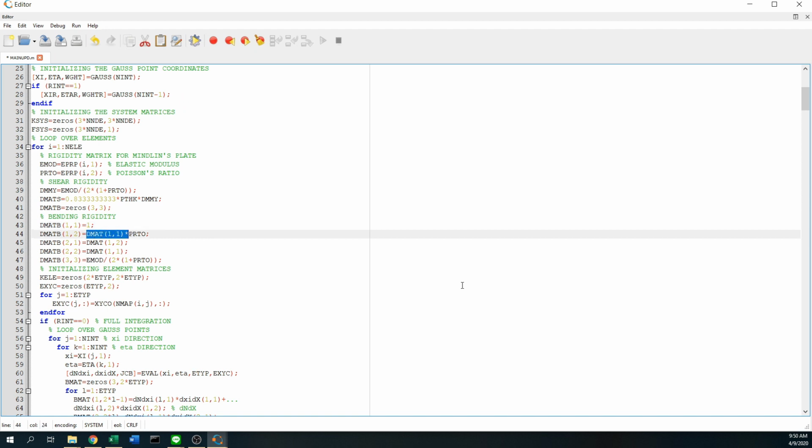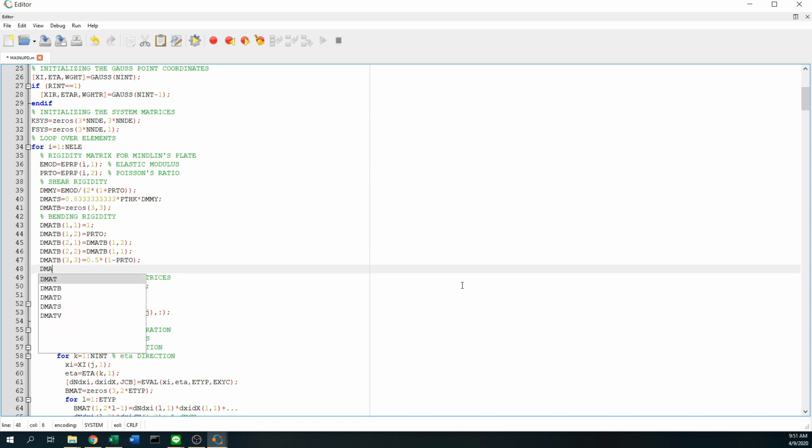This is Poisson ratio for number 2. 2, 1 is equal to 1, 2 is equal to 1, 1 for the 2, 2, and the last one is the 1 minus Poisson ratio divided by 2, or in other words, it is 0.5 multiplied by 1 minus Poisson ratio,